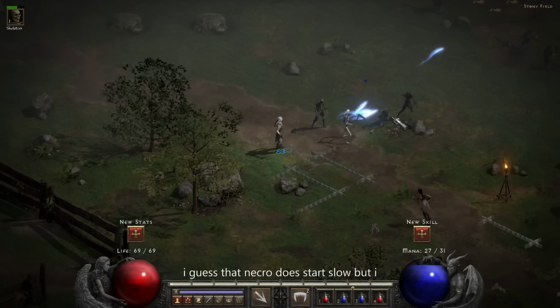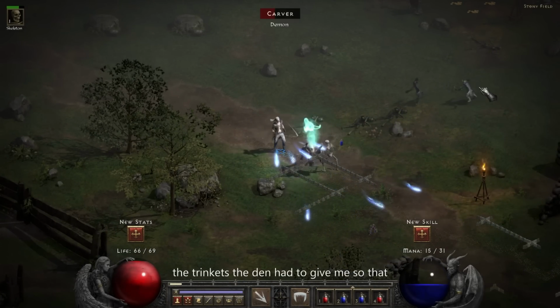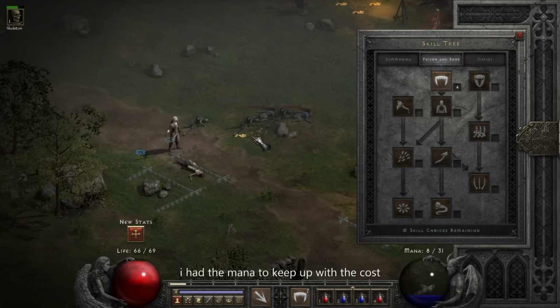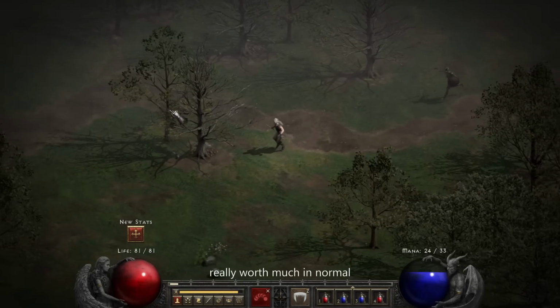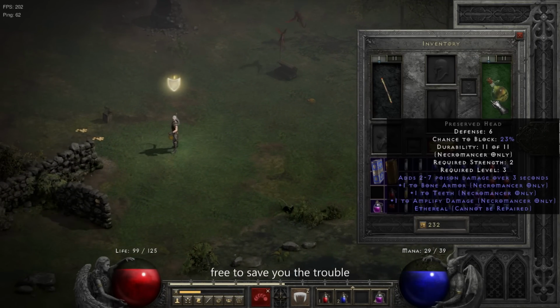Right? Well, I guess that Necro does start slow, but I learned from my shortcomings and picked up all the trinkets the den had to give me, so that with each level up I had from there on out, I had the mana to keep up with the cost. I also swayed all into damage with this guy because his utility skills aren't really worth much in normal. Not to mention you can often get them on items for free to save you the trouble of spending points